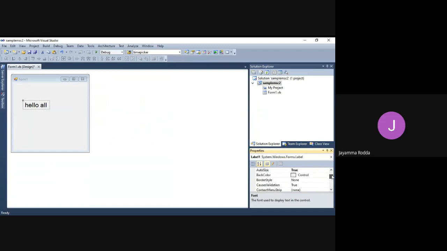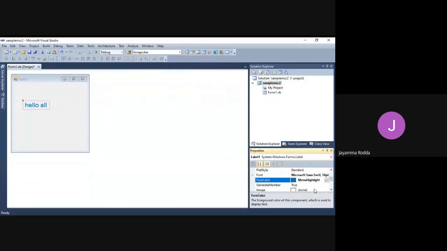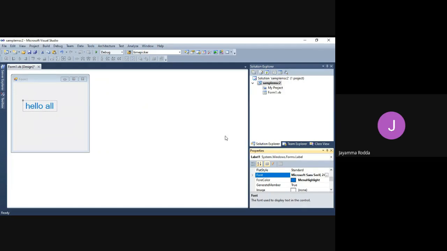We'll go to the font and change this. And here we will change the fore color of the control. Here you can see the fore color property. Whatever color is available, you can apply here. So out of all the colors, this is the color that is more appropriate for the screen right now. And rather than 18 point, let me just increase it to 24. That will be better. Okay, let us run and see the application.